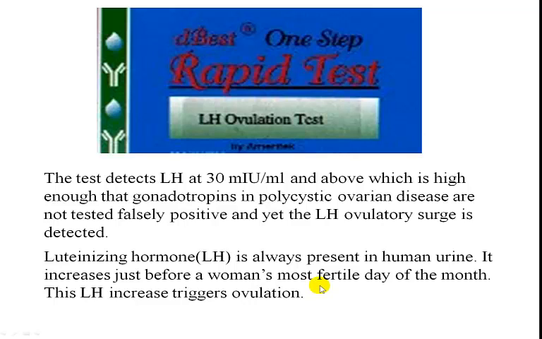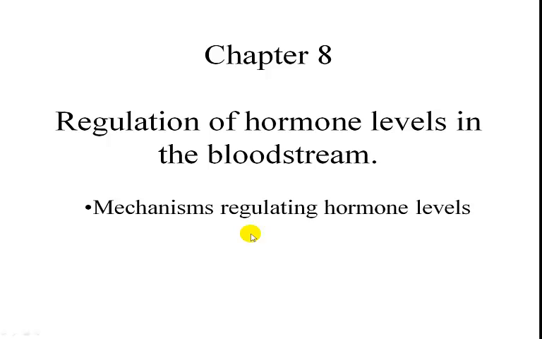But the pregnancy test is not going to look at LH, of course. It's human chorionic gonadotropin. So this reminds us that these hormones end up in the urine, and that's part of the way of getting water out of the bathtub. So we'll